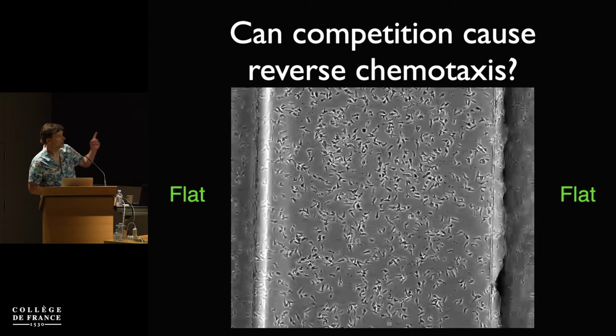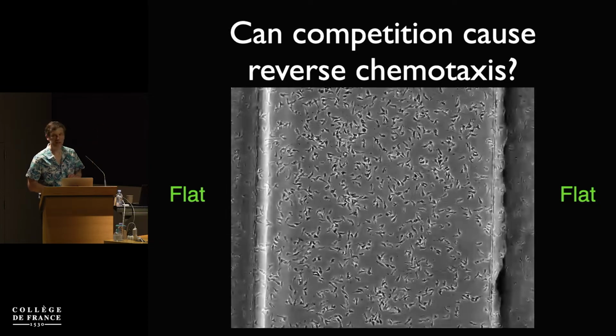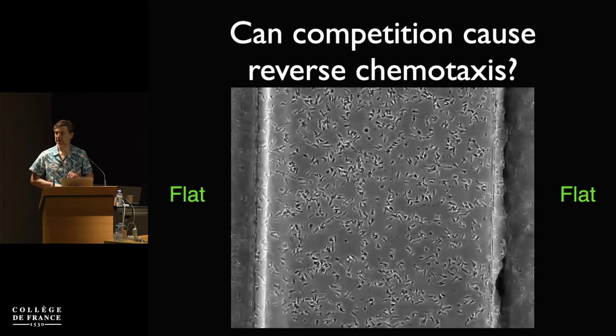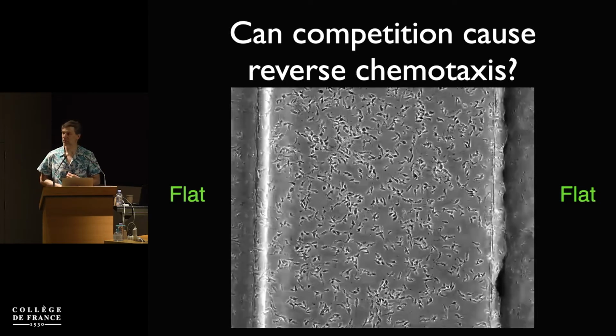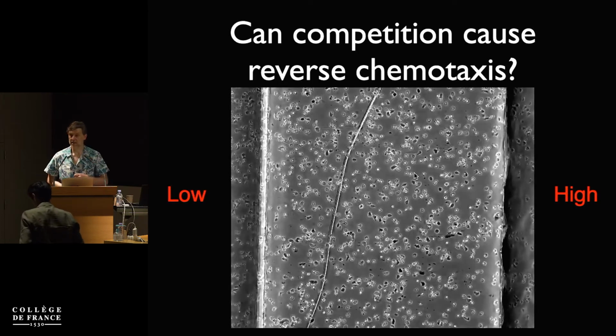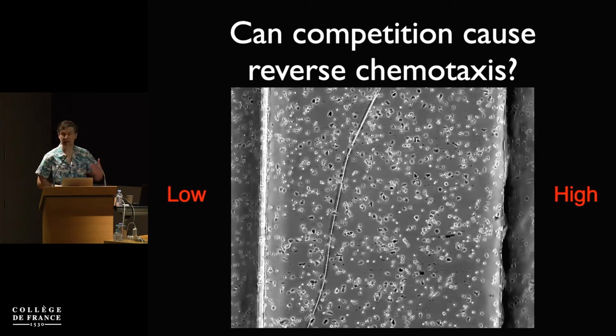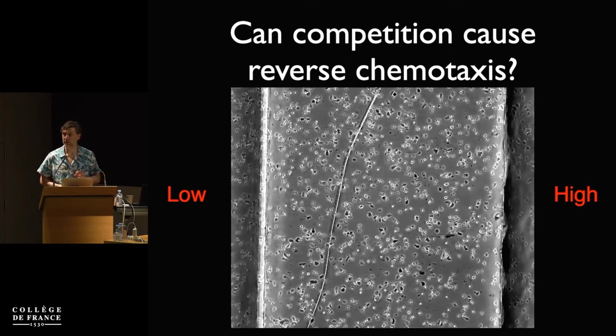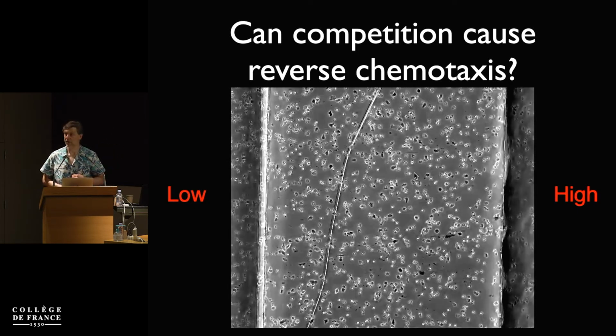So here we are. This is the same experiment I showed you before with the cells everywhere. And this is what happens if you give cells flat chemoattractant. They move around, they're happy, nothing happens. If you give them a very steep gradient of the inhibitor, then again nothing happens. The interesting thing here is they stop making protrusions at all, which we didn't expect. But again, they're not going anywhere.